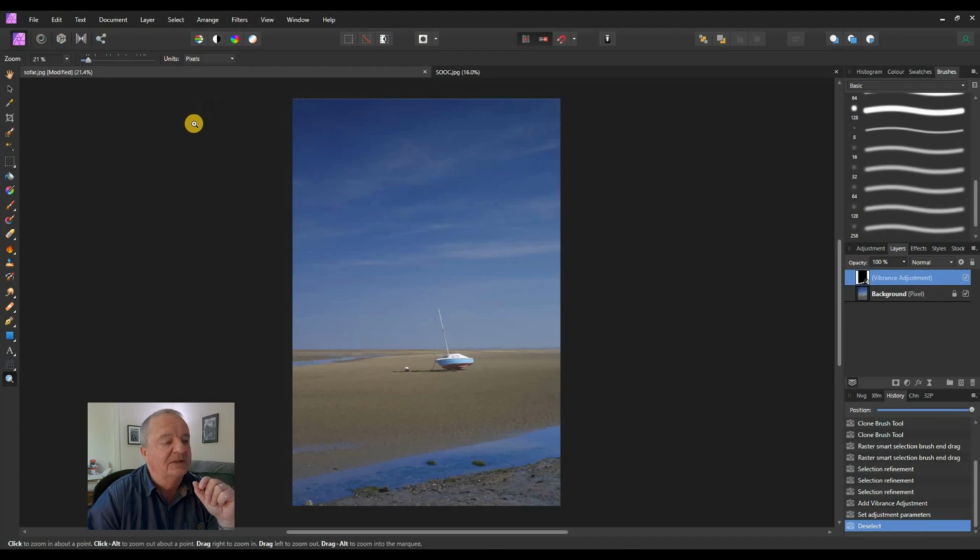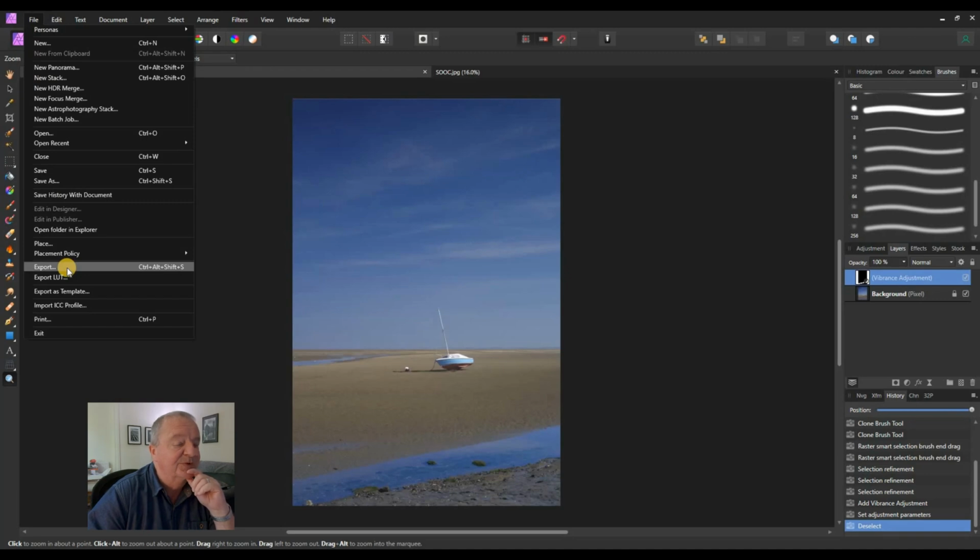All I would say to you is remember this: if you want to save it as a JPEG, JPEGs do not support layers, so you would have to flatten the image in order to save it as a JPEG. TIFF, on the other hand, does support layers, so we could save this as a TIFF file, in which case it would preserve the original photograph with the layer on top of it. We could also save it exactly as is, as an Affinity Photo file, and that would be exactly the same thing. It will preserve all the information that we've inputted into it, including the history, and it would save the two layers. So if I just go to File and drag it down to Export, which is the way that I normally do it,